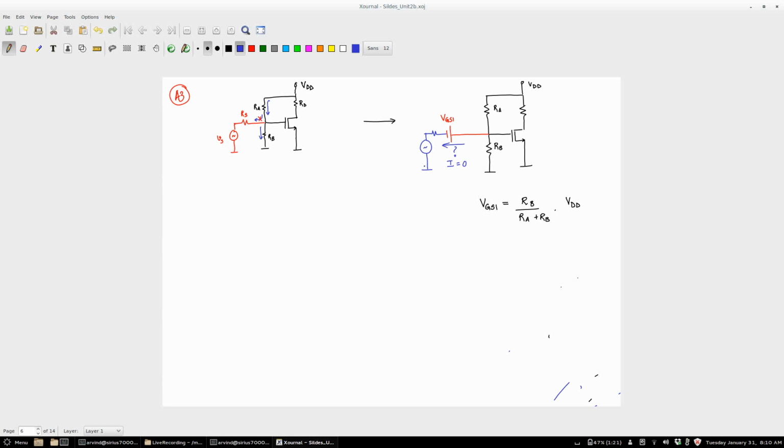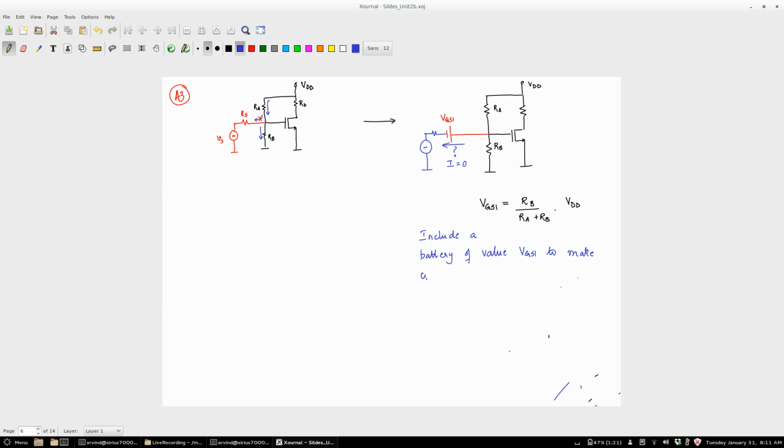How do you justify that the current is 0? Yes. So take it this way. Assume this current is 0. See if everything is consistent. If this current was 0, correct? Then going from ground to this point, what would the voltage be? 0 plus VGS1. And because current here is 0, you can effectively use this potential divider formula to find what the voltage at this point would be. And the voltage is also VGS1. So everything is consistent. Okay.